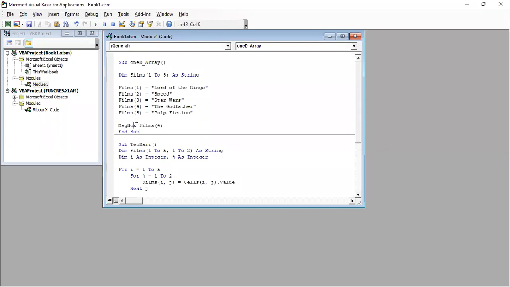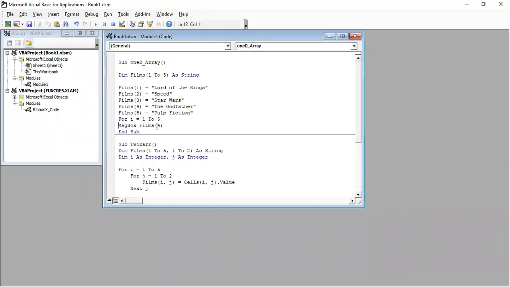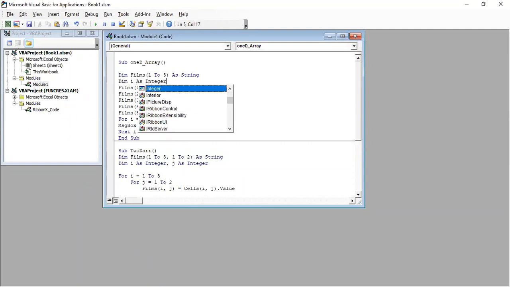If you want to display each and every value, we can put a loop where I equals 1 to 5, MsgBox films of I, Next I. Let us declare Dim I as Integer.